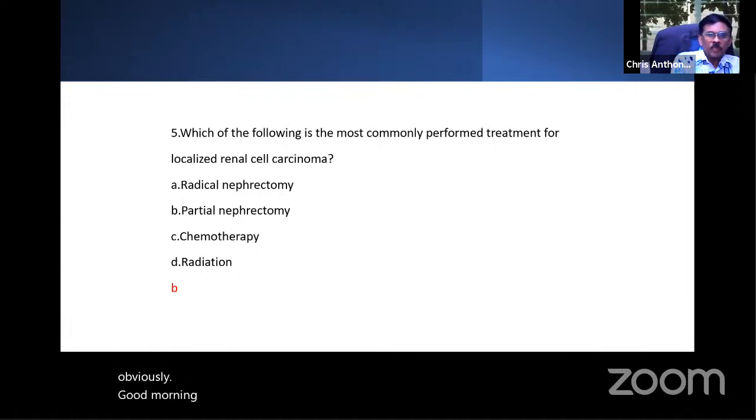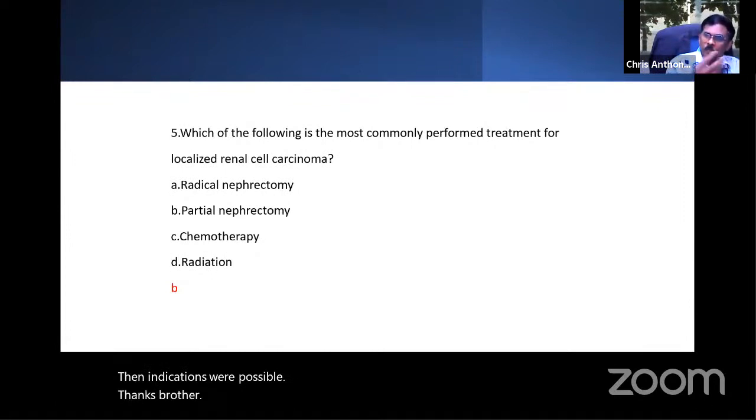So, but now I think the standard treatment is partial nephrectomy. In your presentation, if you say radical, I think they will accept it also. Okay, and then you must know what's the difference between radical and partial. Then the indications of partial, which I mentioned just now. If the patient has only one kidney, then there's no question of radical nephrectomy. Straight away you say it's for partial nephrectomy.